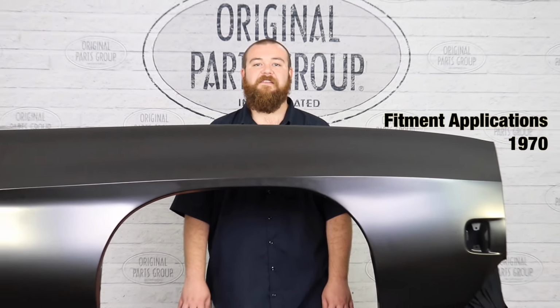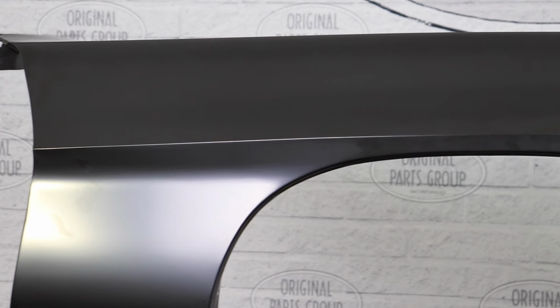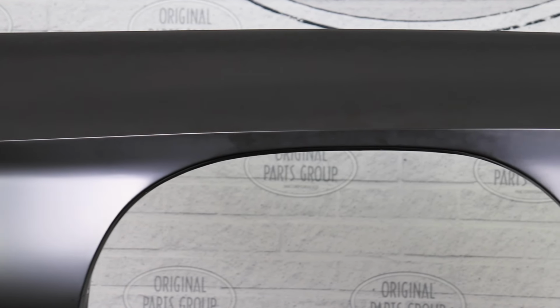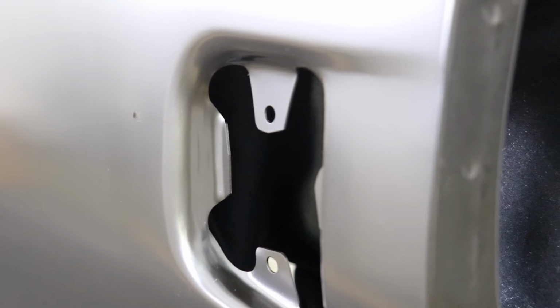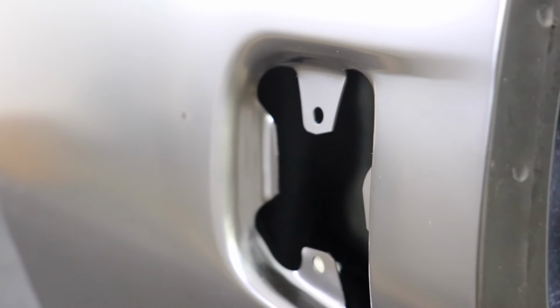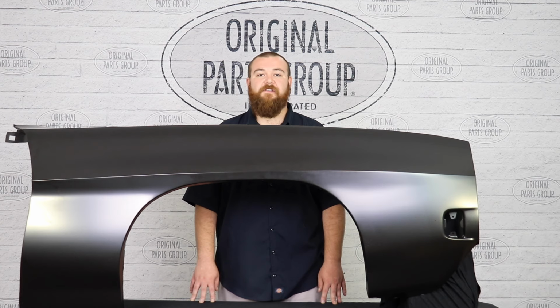Today we're going to be looking at our 1970 GTO fenders by Resto Parts, Original Parts Group's in-house brand. Manufactured as exact duplicates of the originals, all our fenders are made from 20-gauge steel and are stamped with the correct contours and mounting holes. This ensures a smooth installation when mounting your fender, as well as assembling your Endura bumper, emblems, and wheel opening moldings for your convenience. At the end of production, every fender is finished with an electro deposit primer, also known